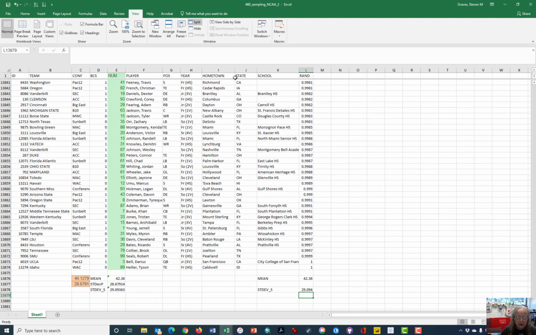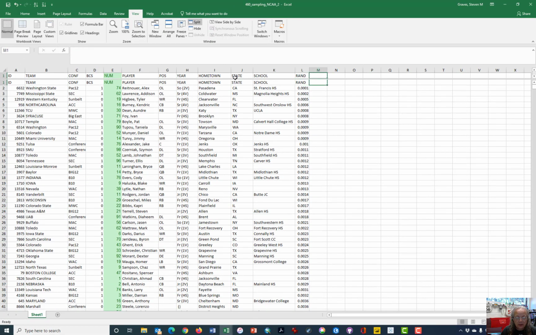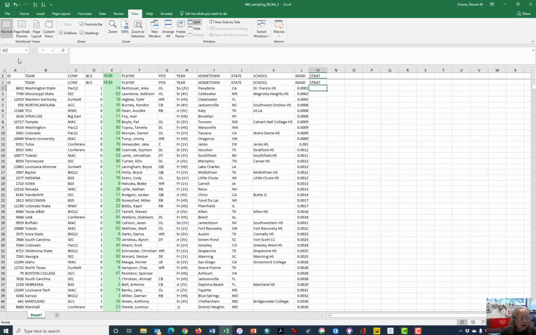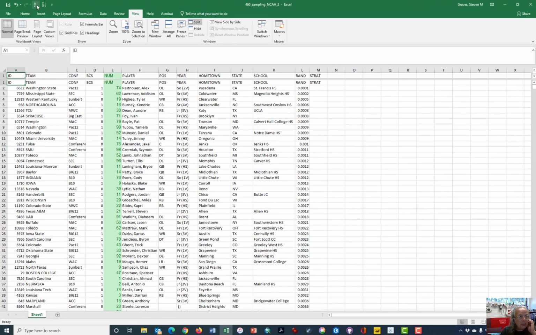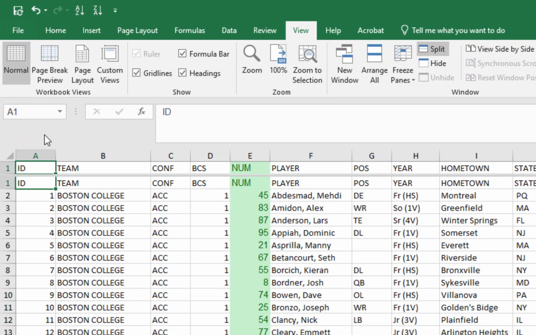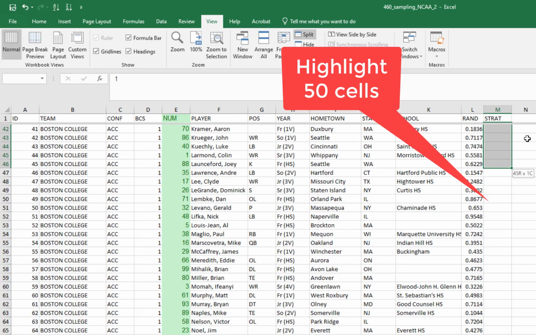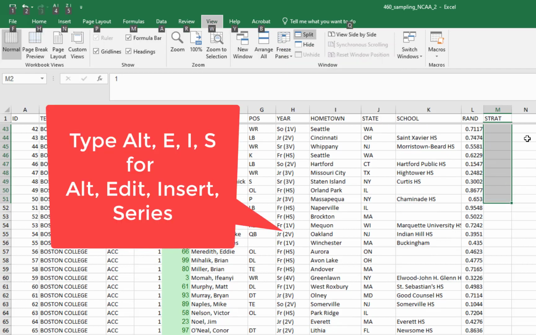That's the first thing. Let's come over here and type "strat" at the top in cell M1, and now we're going to do a stratified sample. What if we wanted to take every 50th player? I'm going to sort again back by ID, and this is sorted by, once again, team and conference. And all we have to do is type in 1, and then scroll down here till we get to something like 50. Alt E I